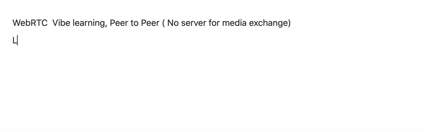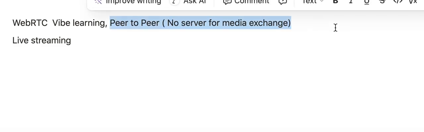What about streaming, live streaming? I thought that is a key use case. Absolutely. Live streaming is a key use case for WebRTC. It allows for real-time audio and video communication directly between peers, which is perfect for live streaming events, video conferencing, and more. WebRTC handles the complexities of networking, like traversing firewalls and negotiating connections, making it easier for developers to